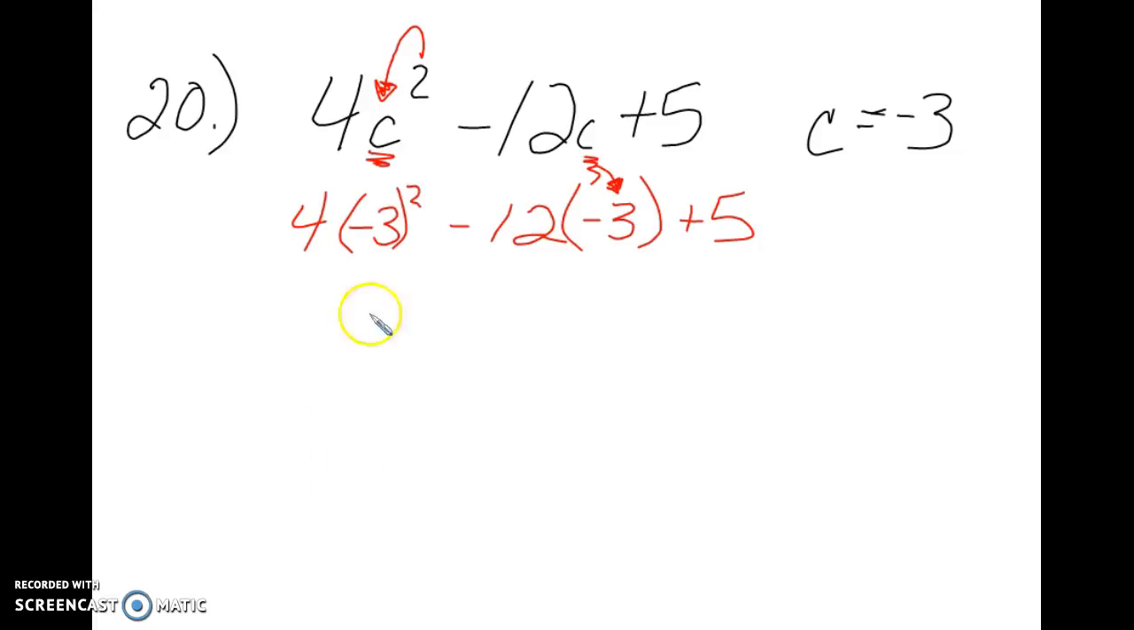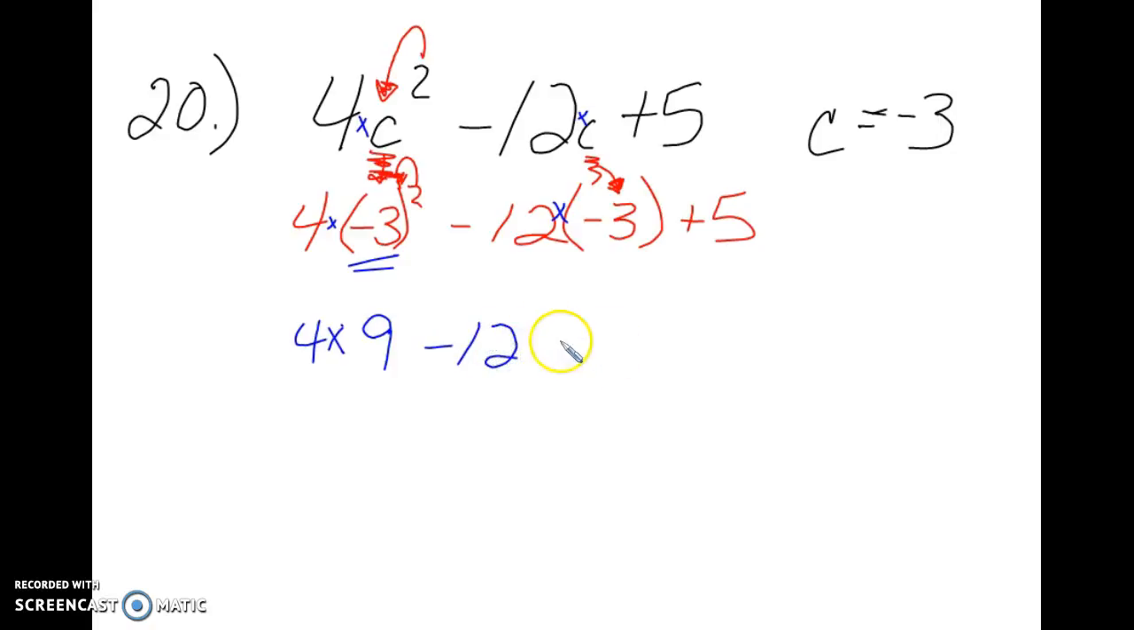Okay? Rule of thumb is to put parentheses wherever you're substituting so that you can see that this exponent, this little 2 guy, is with the negative 3. Okay? So now we see that negative 3 squared is equal to 9. And what is happening between 4 and 9? Multiplication. Okay? You might have to come back up here. That's what's happening. So I can just write the multiplication, write everything else down,